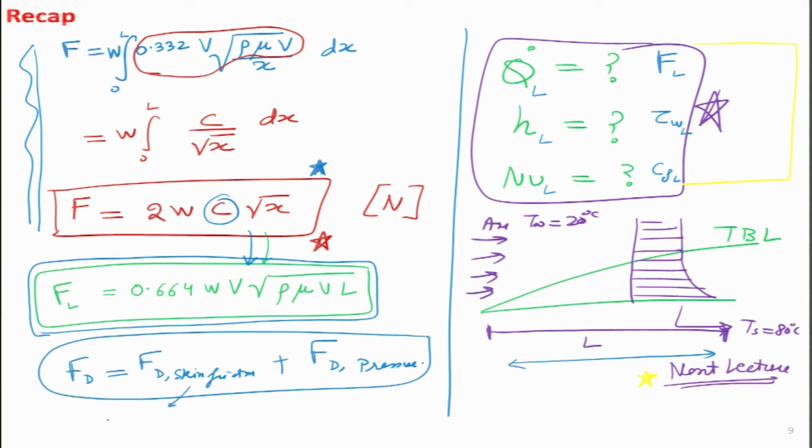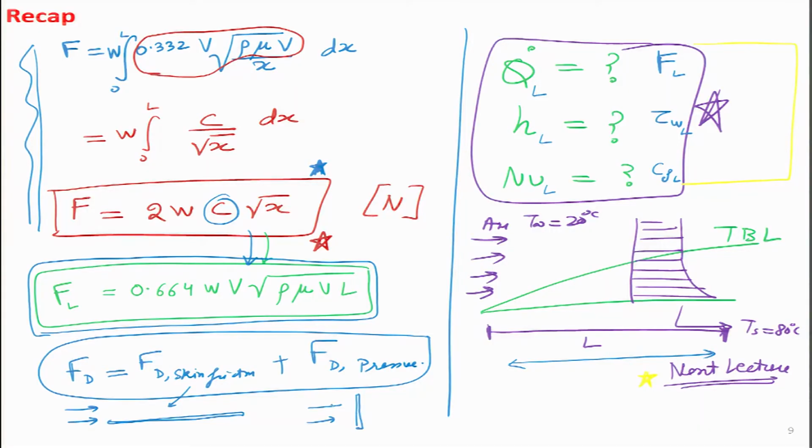Technically, if it is a flat plate or any streamlined body, then skin friction is more predominant if the fluid is flowing like this. But if we keep the plate normal to the flow of the fluid, not horizontally but vertically, then the flow hits it, some portion will go up, some portion will come from down, and a wake will be generated on the back side. The flow will go like this, and a huge pressure drop takes place between point A and point B.